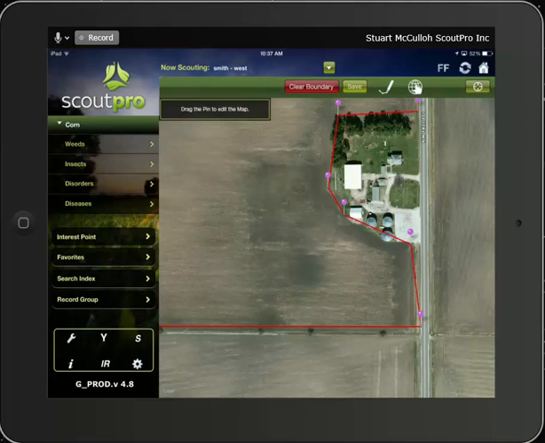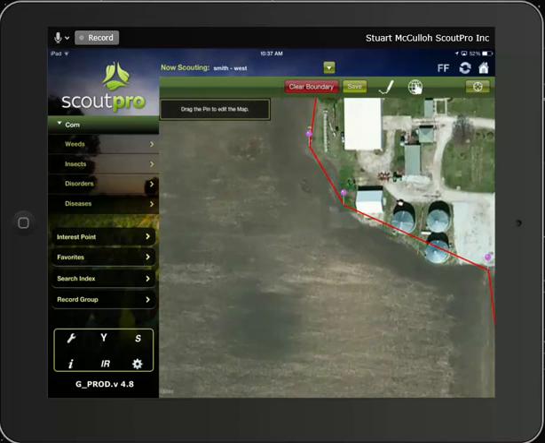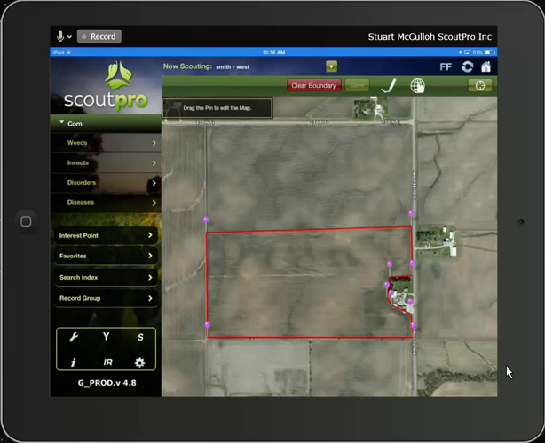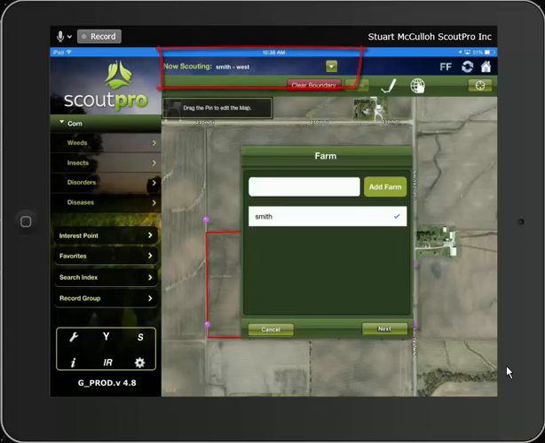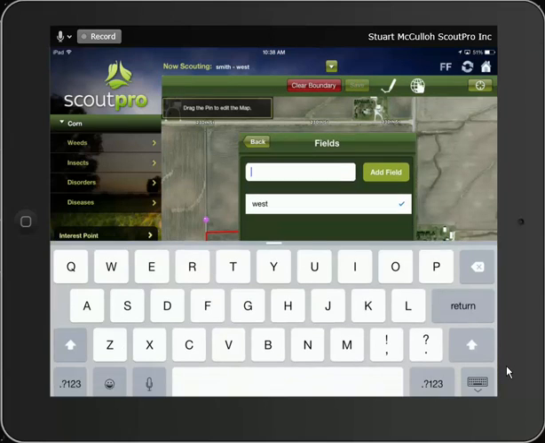If you would like to redraw the entire map, choose Clear Boundary in the top center. Otherwise, hit Save when you have completed it. When you have finished editing your boundary and would like to return to a different farm or field, or simply add new fields, return to the Now Scouting bar in the top center. Choose the drop-down menu where we can add more farms again, or choose Next to add a new field